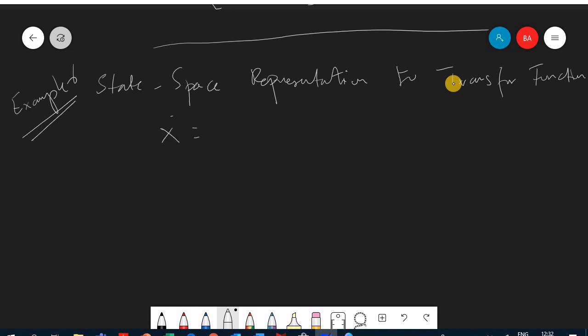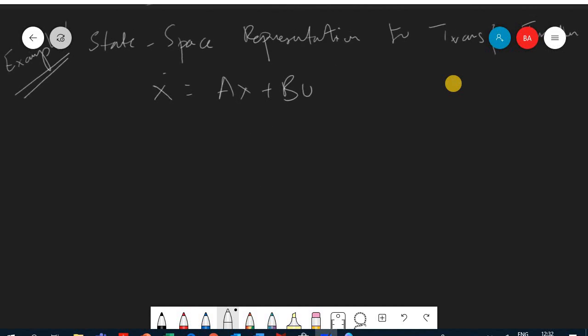So if I have x dot is equal to ax plus bu, and y is equal to cx plus du, the question is, if you apply Laplace transform here,